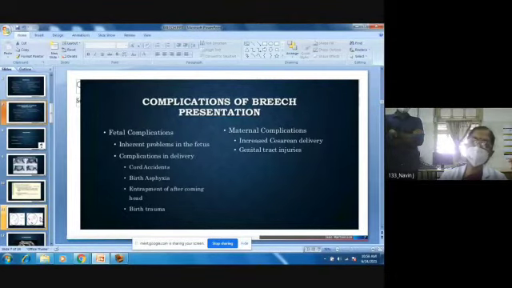Coming to the baby, you have many inherent problems in the baby itself. Like I told you, the baby could have an anomaly or it could have neuromuscular disorders. And complications during the course of delivery: the baby could have a cord prolapse or cord entanglement, or the baby can have asphyxia because of entrapment of the after-coming head, and a lot of trauma in the form of fractures of long bones or intracerebral hemorrhage, fractures of the skull bone, spinal cord injuries, then injuries to the external genitalia, and the abdominal soft tissues also can get injured.